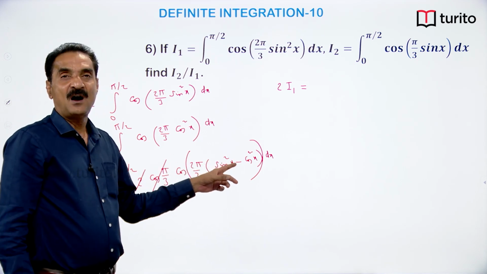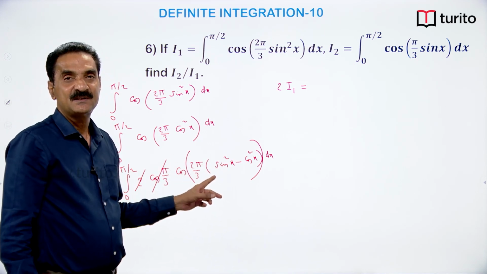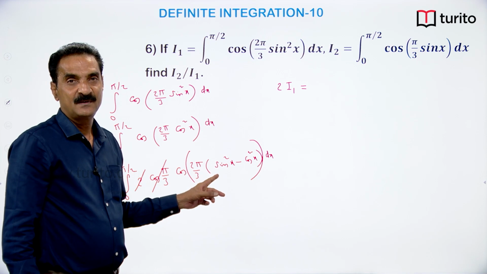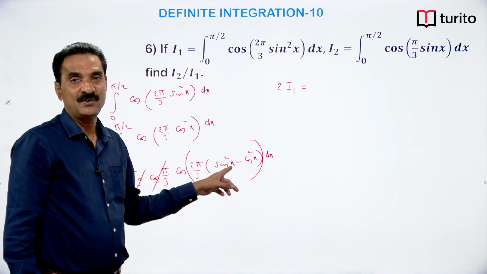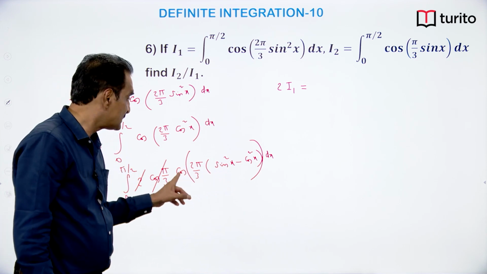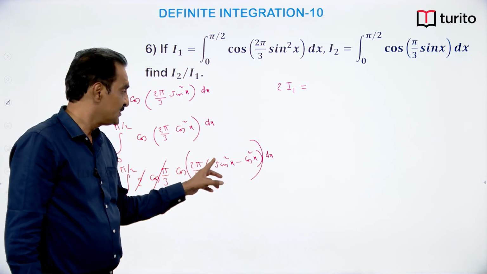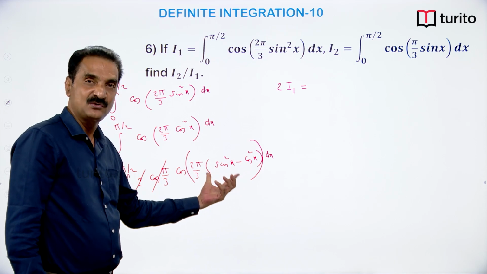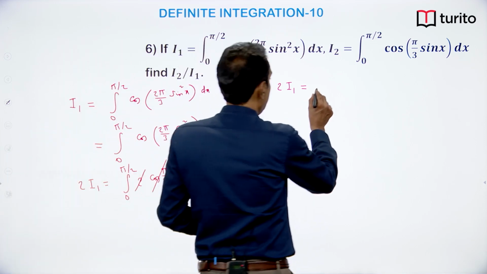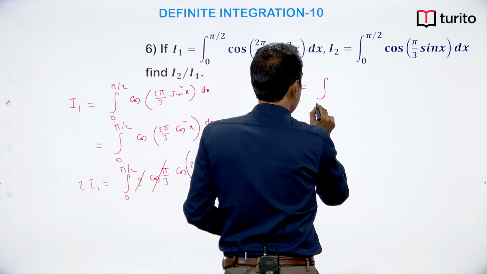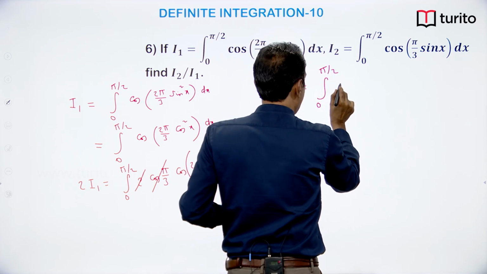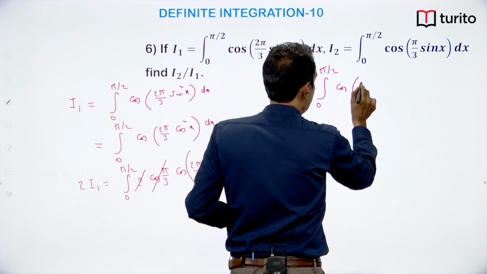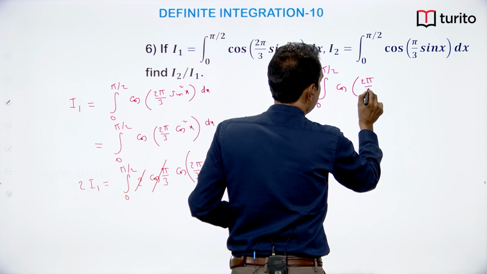you know the formula, cos square x minus sin square x is cos 2x. Sin square x minus cos square x will be minus cos 2x. But cos of minus theta is cos theta, no? So, you can directly write this as cos 2x. Integral 0 to pi by 2 cos of 2 pi by 3,